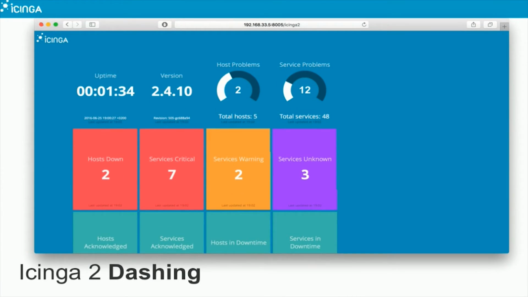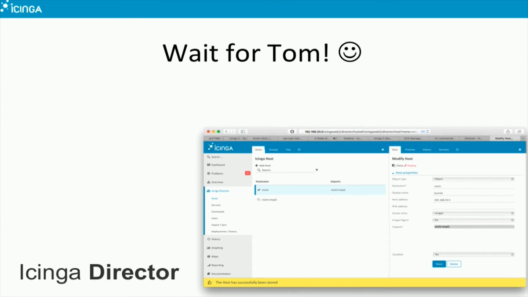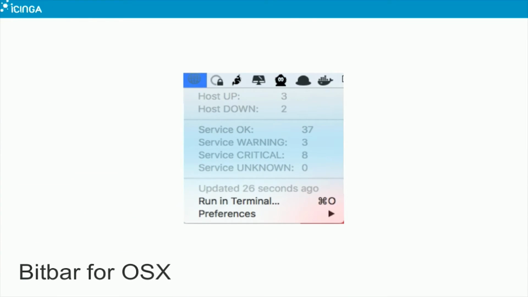You have Dashing. So just putting that into shape, and if you have any suggestions or proposals, make it more beautiful, or just add new widgets, just send them in. The Director, I don't want to spoil anything. That's an old screenshot, so I'm also hoping for new stuff later on in Tom's talk. The bitbar thing,